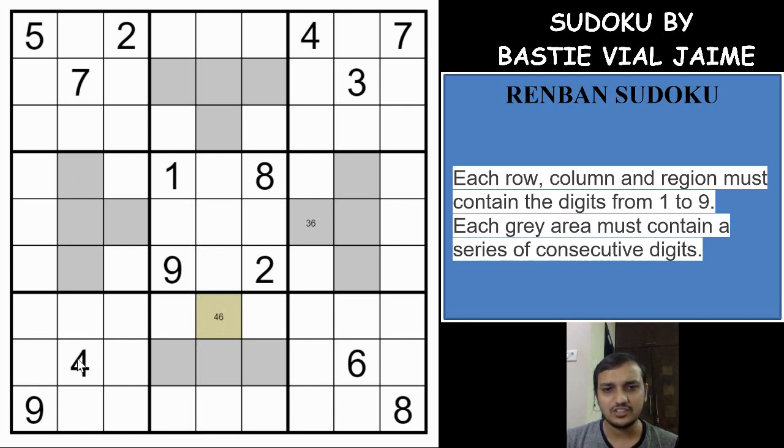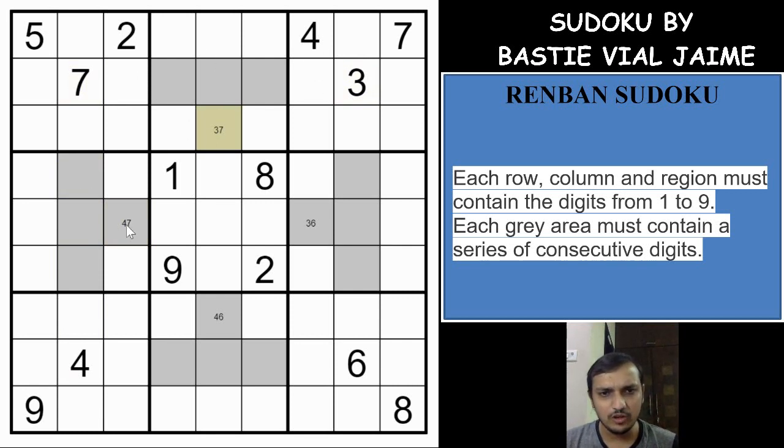Same way with the 4 and 7. If you see, there is no possibility of having 4 consecutive digits without using the 7 or 4. So 1, 2, 3, 4 is used, or after 4, 5, 6 or 7 is used, and after 7, 8 and 9. So either of these 2 digits will be used in this group of shaded cells, and same way for the 3 and 7. You cannot neglect both in this region, so either one of them has to be used.